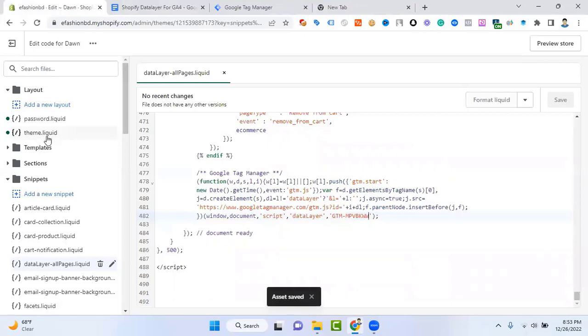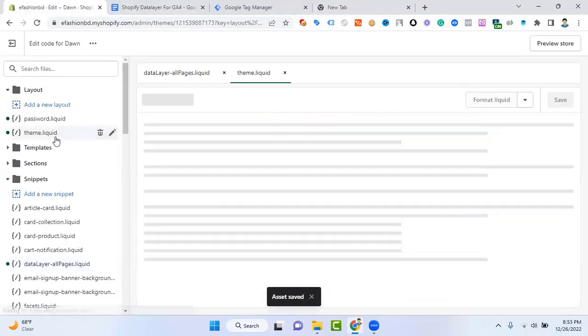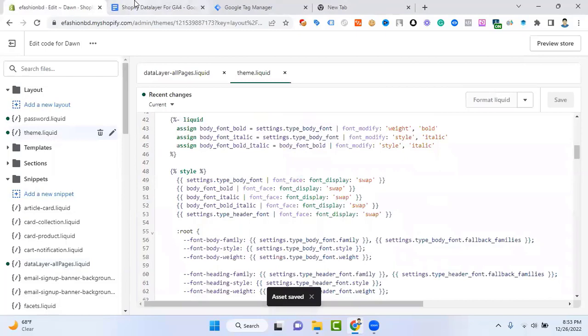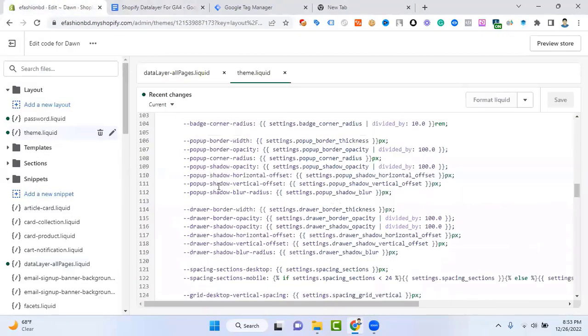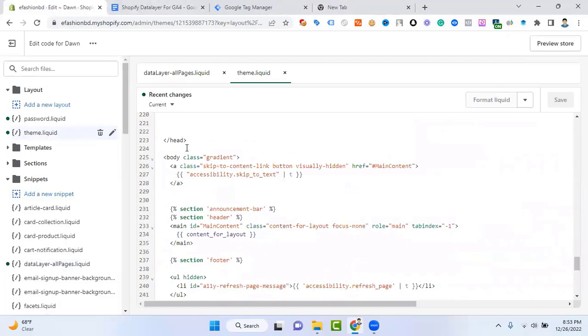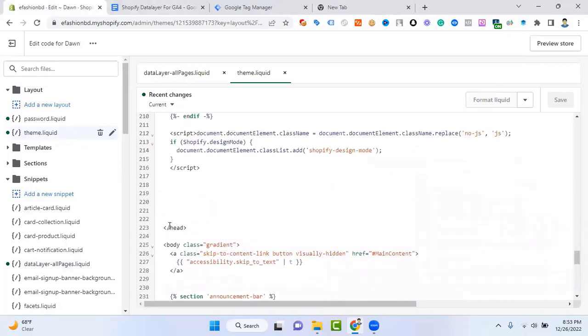We have to go to the theme.liquid page and copy this portion of code and paste it before the closing head. Here you can see the closing head. Paste it, save it. Then we have to go